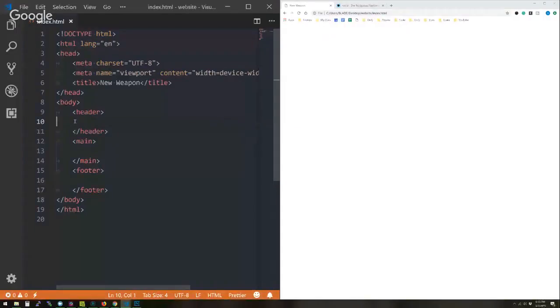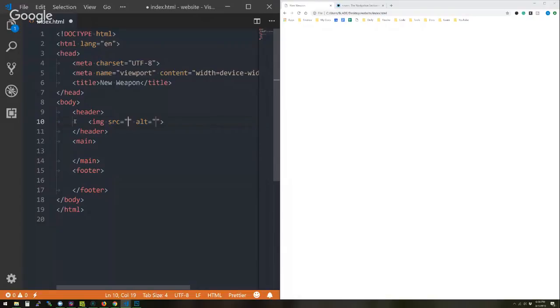So how do we add our logo? Well, we haven't learned about the image tag yet, so let's start with that. It's abbreviated with IMG. That's the name of the tag, and this is what it looks like. We've got two attributes right out of the gate. The first one is the source attribute, and that is where we put the link to where our asset is